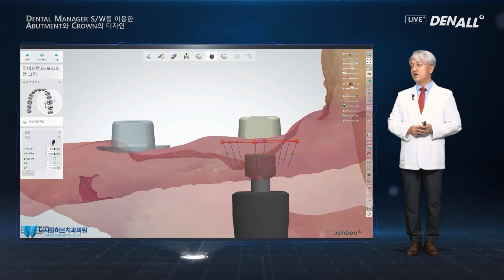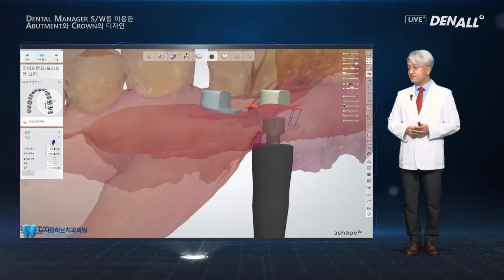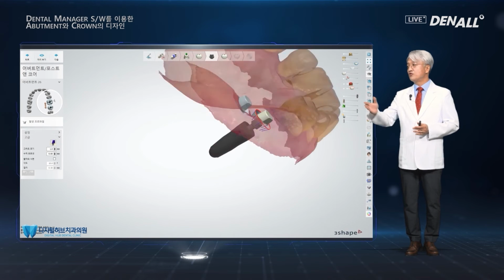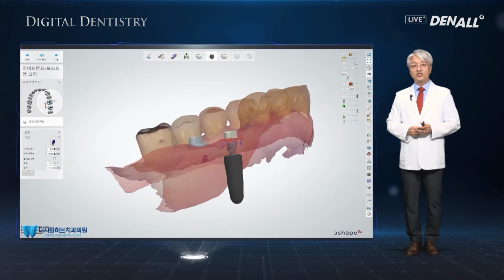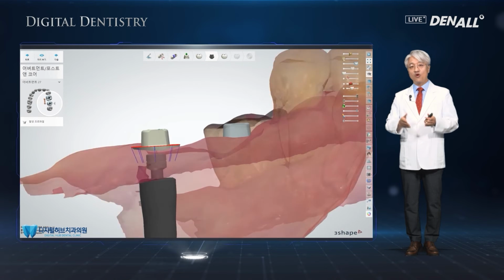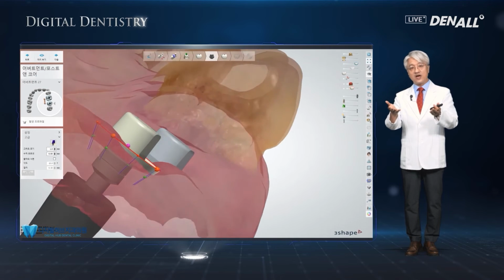These things need to be considered during designing. Next step is to select abutments. Right after surgery, I use the stock abutment, as I said before. I prefer abutments that go down deep subgingivally